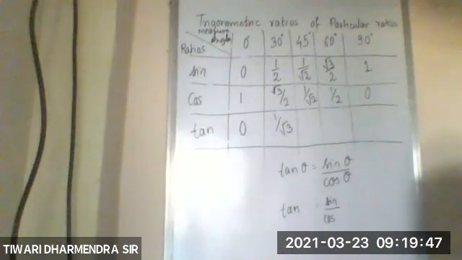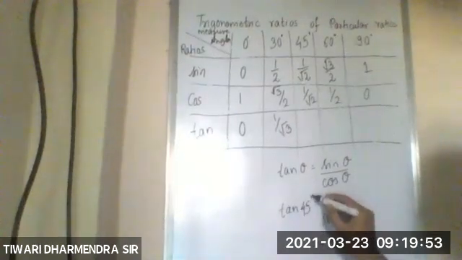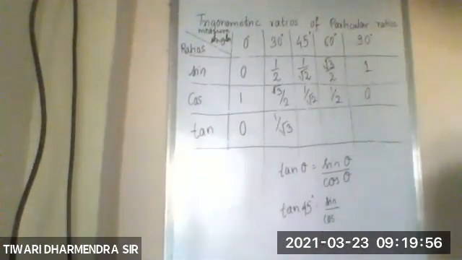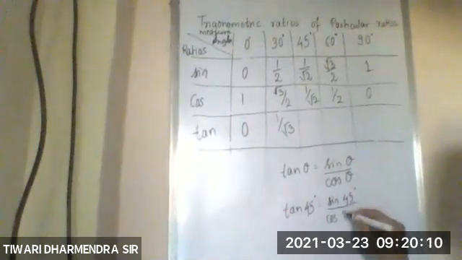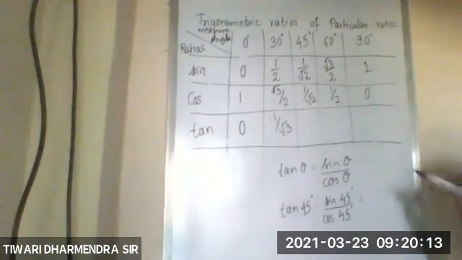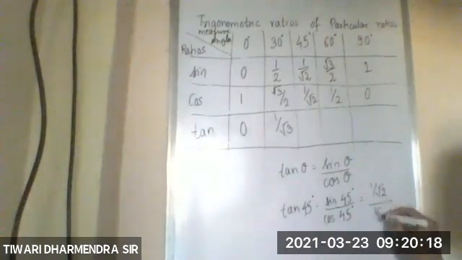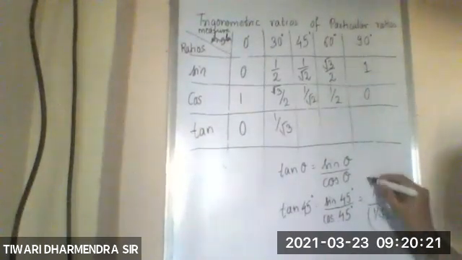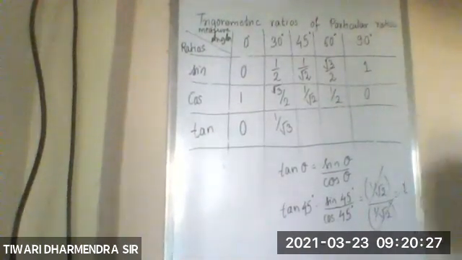Next value. Tan of 45 degree. You should remember these values, they are very important as you're going to do the problems now based on this. Without knowing the values, it won't be possible for us to execute. So tan 45 degree is equal to sine 45 degree upon cos of 45 degree. Sine 45 degree is 1 upon root 2. Cos 45 is also 1 upon root 2. You know that a upon a, answer is 1. So 1 upon root 2, 1 upon root 2, answer is 1. So this is 1.